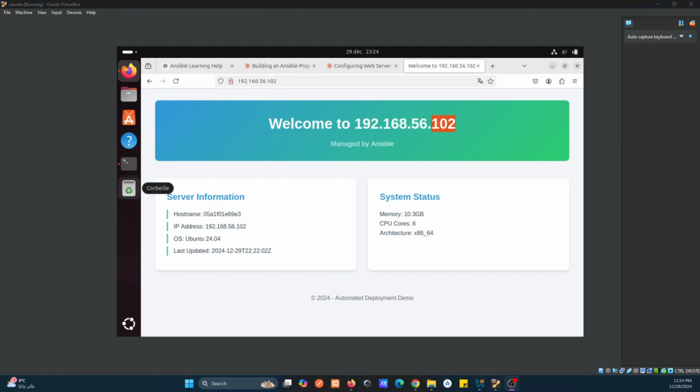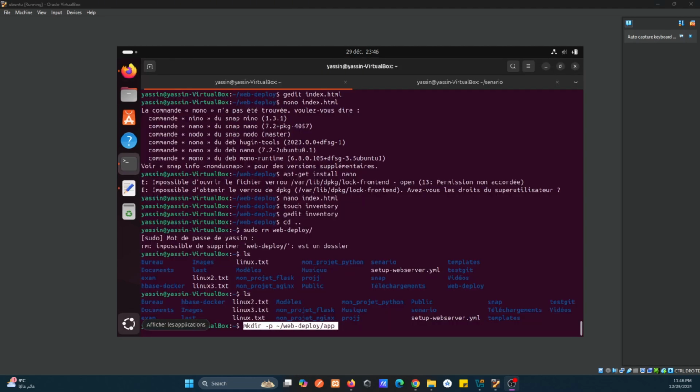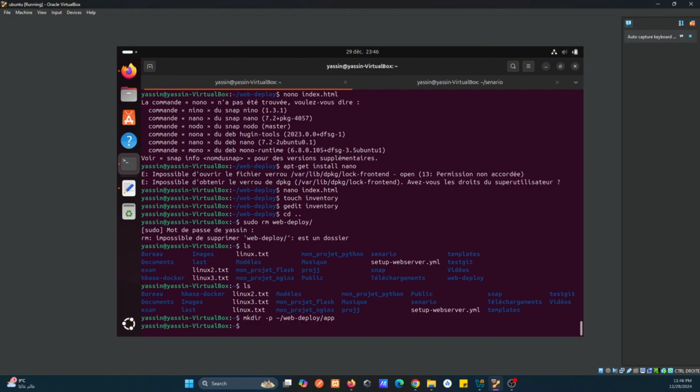And finally, the next step will be deploying a simple HTML page on each of these web servers. For the last step, we will need another playbook for the deployment of a static and simple HTML page, and also we will run our playbook file, which is for the deployment. And now for the deployment, we will start by creating a folder. This folder